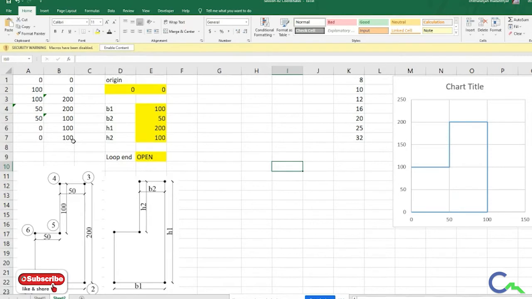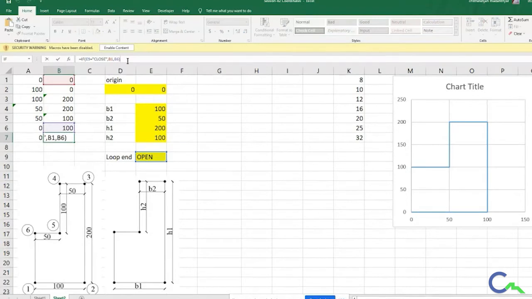So in that way, I have taken that logic. Now here it is open. I will make this close, you can see here it is closed. I will keep open, now it is open. So all the logic I have given here, just by using the if statement.